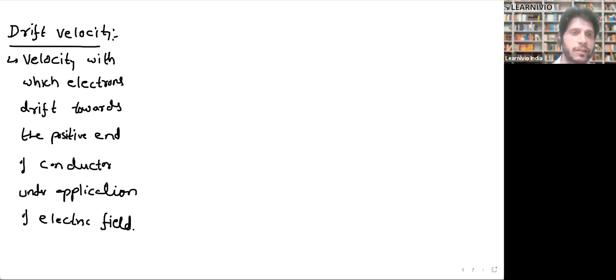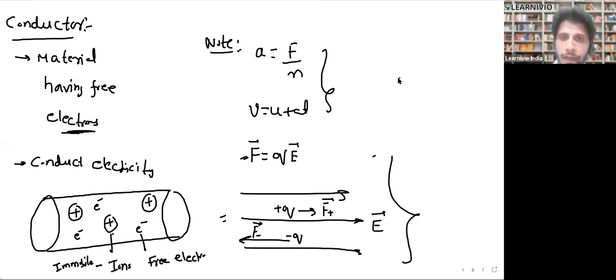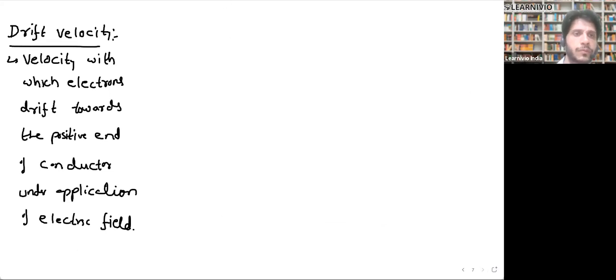So let's take a conductor and see how this conductor behaves if I don't connect it. And there's one more concept from the previous chapter: if I take two points, point A and point B, and I'm saying that a field exists between A and B, that means there is a potential difference between A and B. Field exists due to potential difference. So if there is a field, there is also a potential difference. So I take a conductor.